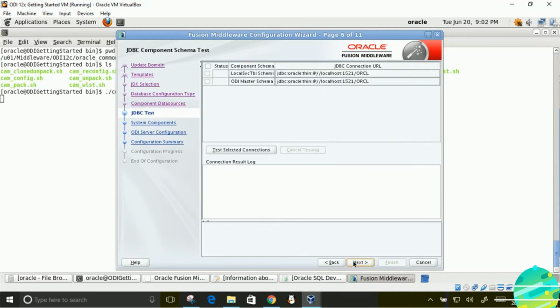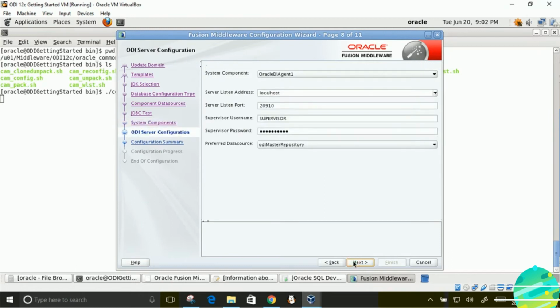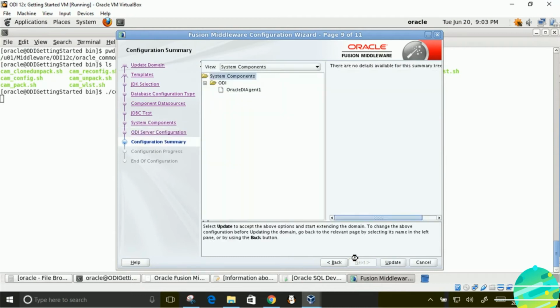No need to do anything here. Click on next. Over here also click on next. Click on next. Over here it will ask you supervisor username and supervisor password. Put the username as supervisor. No change here.